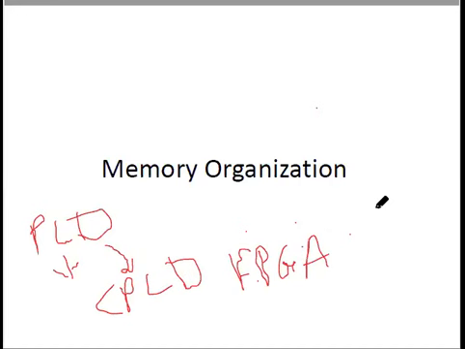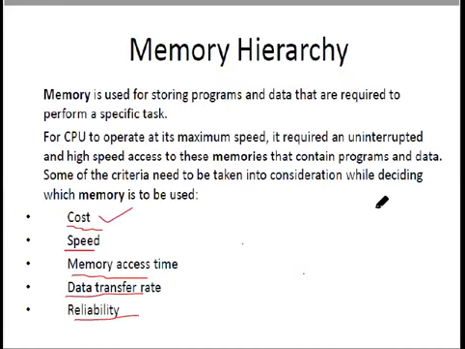So let us start with the basic organization of the computer memory. But before going to the organization, let us discuss why the memory is being organized. Why do we not use a single memory in a computer system? Why are we using a cache memory, then a RAM, then a secondary storage like a hard drive or some optical disk? Why are we classifying these memories?